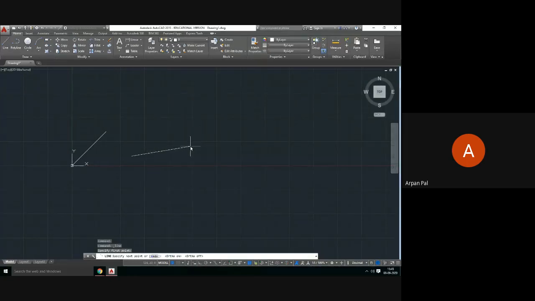If you want to control the angle, before placing the dimension of the line, you need to place the at-the-rate symbol, then 100, then the less-than symbol and whatever angle you want. Suppose you want a 120-degree angle, no problem. Press enter. The line has been made at 120 degrees from the horizontal.